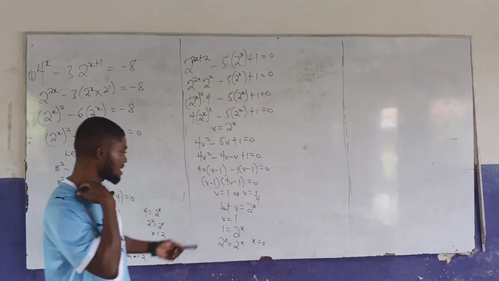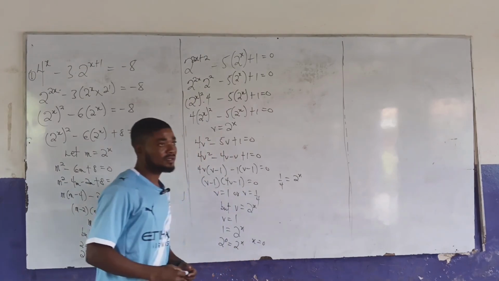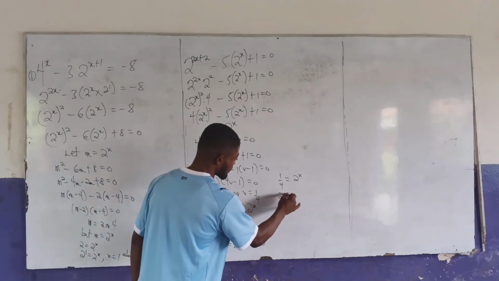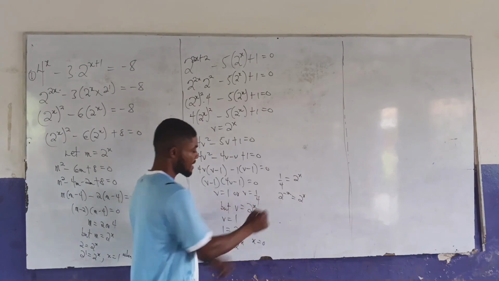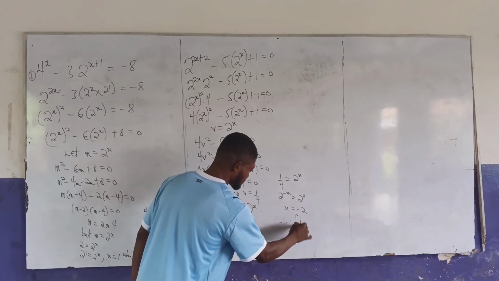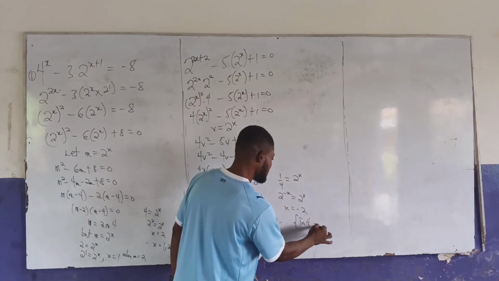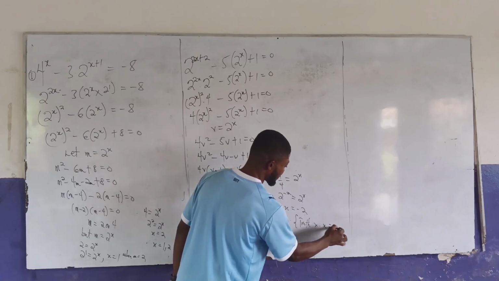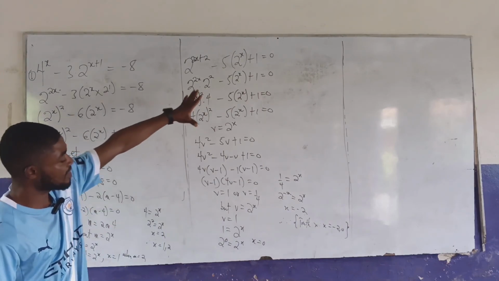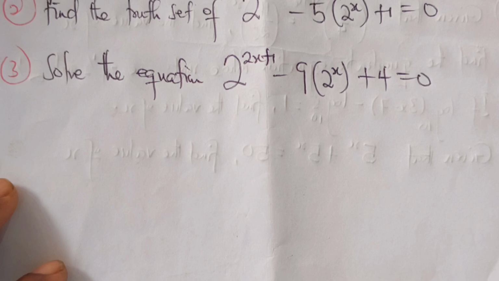Then the second one says v is equal to 1 on 4. So 1 on 4 is equal to 2 to the power x. 1 on 4 is the same as 4 raised to the power negative 1 or 2 raised to the power negative 2. From here, x is equal to negative 2. So therefore, the truth set is x such that x is equal to minus 2, 0. And so it is only when x is equal to minus 2 or 0 that you have this situation being true. Then the final question says